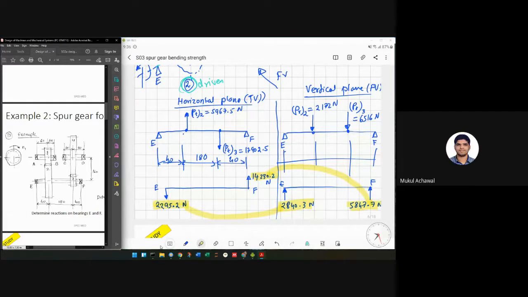Sir, can we work with the resultant forces on the gears from the very beginning? Because they will be inclined at an angle. Radial and tangential forces are already resolved into vertical and horizontal planes. Yes, sir. So find the resultant of those forces in a plane inclined at 20 degrees from the horizontal and consider calculations along that plane only. But those are vectors. Will they be parallel? Yes, sir, because alpha is the same, right? Yeah, that's right.